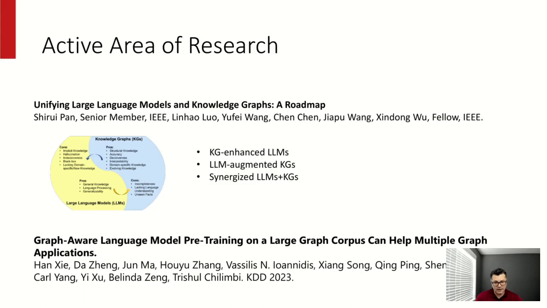Our graph-aware language model pre-training on large graph corpus can help multi-graph applications. So this gets really complicated in what they're trying to do with product recommendations and whatnot. But the point is, this is the most active area of research that I'm seeing, and the most promising research